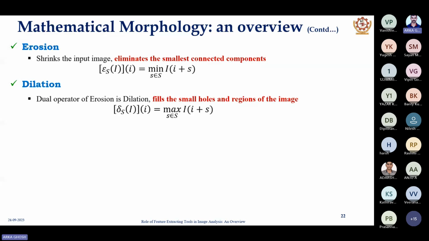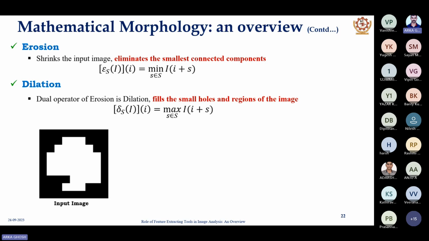So there are different operations we can perform in mathematical morphology, and those operations will give us different information. The basic operations are erosion and dilation. Erosion means it will erode that image, and dilation means it will dilate that image, right? So what will happen? The interaction between the original image and the smaller structuring element will be such that it will take the minimum values to erode that image, and in dilation, the structuring element will interact with the original image in such a way that it will dilate, or take the maximum operation of that particular